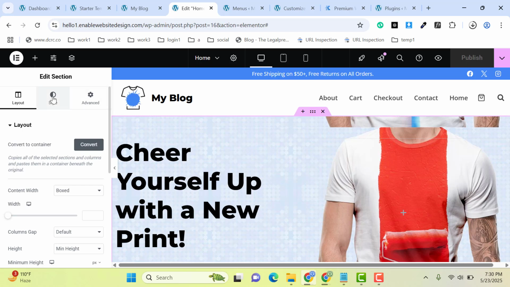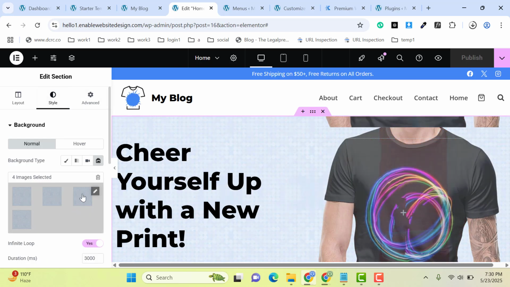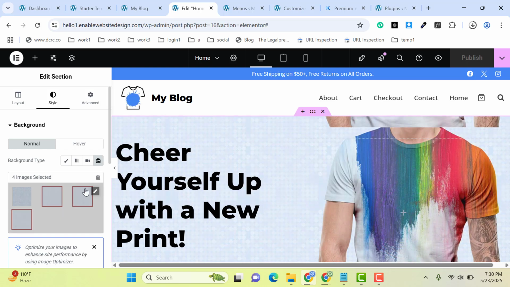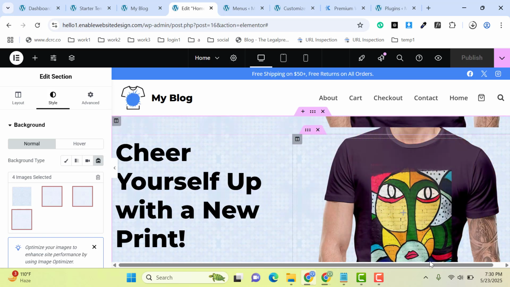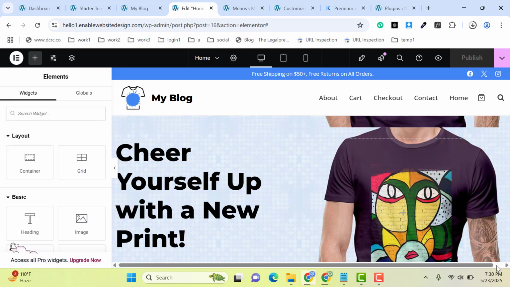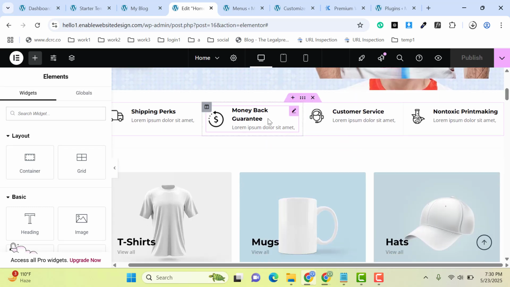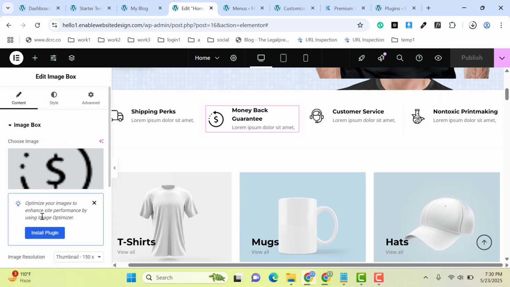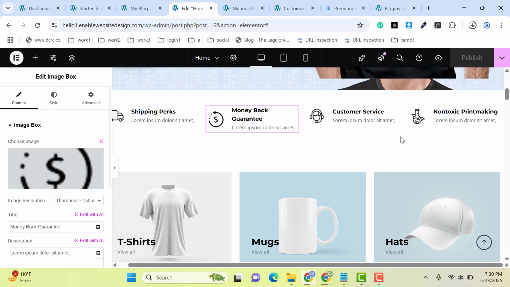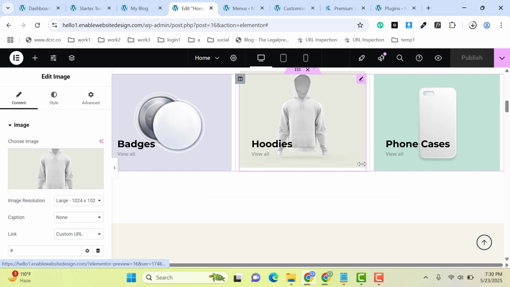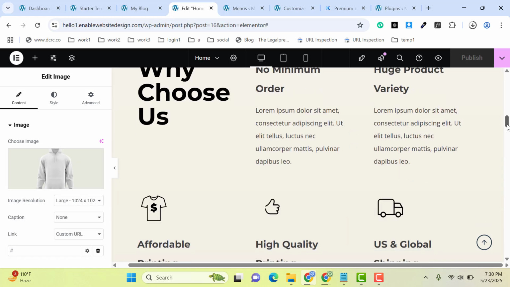Let me go to section setting, and here you can see these are the four images that are added. So you can replace these images as slideshow is active. And now if you want to change other sections, then you can scroll down. Simply you can click here, and on the left side you can easily change it from here. Then again scroll down. In the same way you can change it,